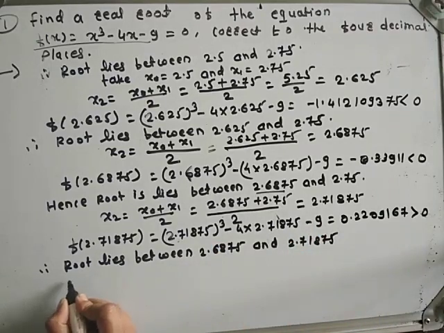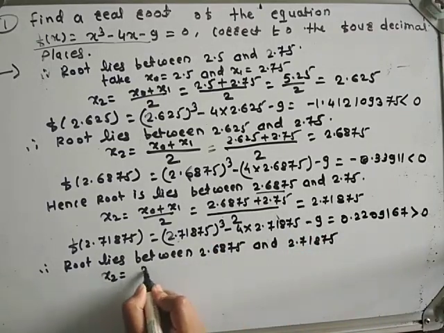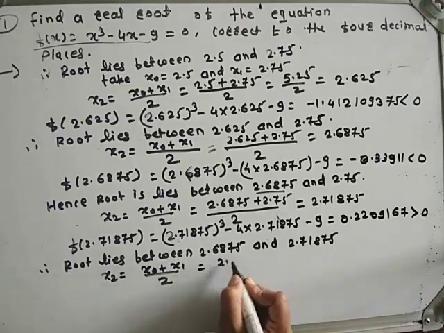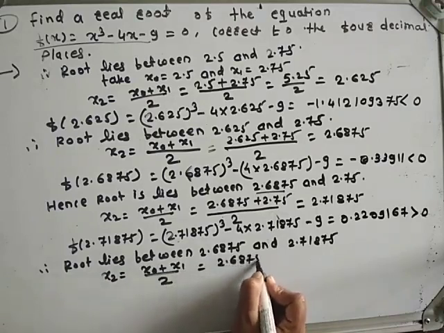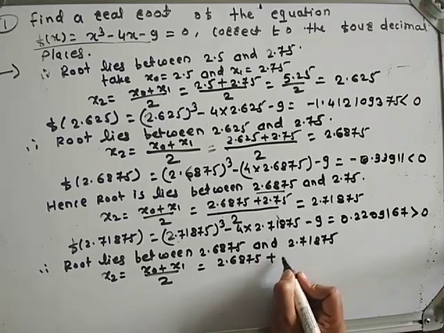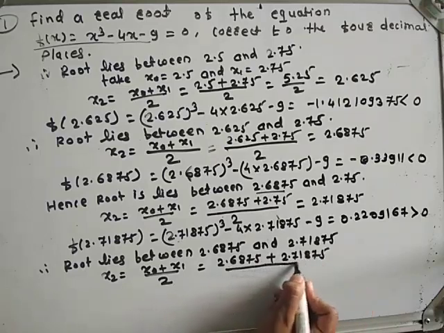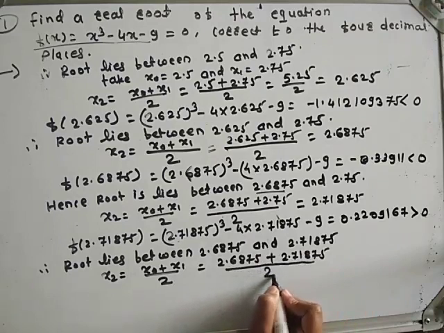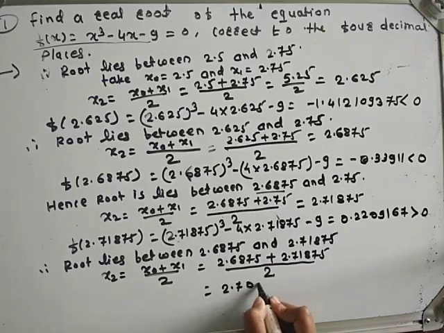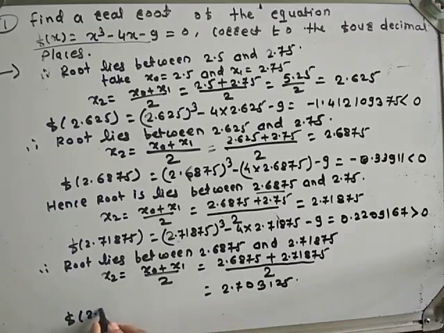Therefore, the approximate value of the root x2 is equal to (x0 plus x1) upon 2, which is equal to 2.6875 plus 2.71875 upon 2, which is equal to 2.70312. Calculate f of